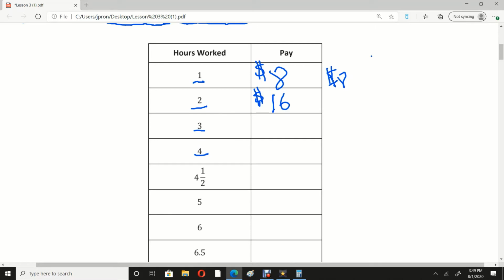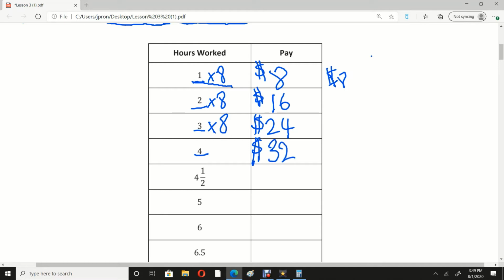Very good. All right. So most of you may have noticed the trend that every time here we're multiplying the number of hours by 8 because we are paid $8 per hour. So for every hour, you get $8. So we multiply the number of hours times 8 each time, following this pattern down. That means at the third hour, we made $24. After the fourth hour, we made